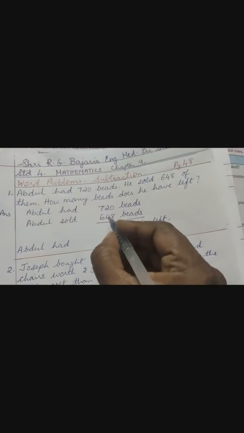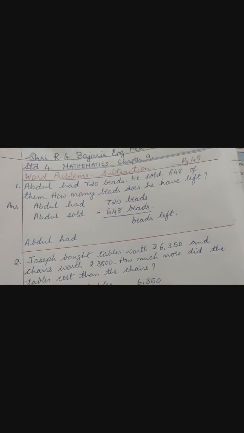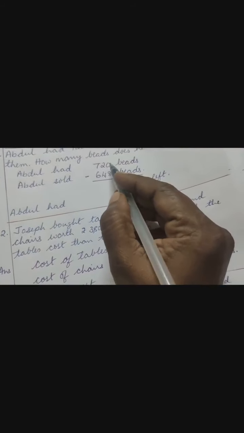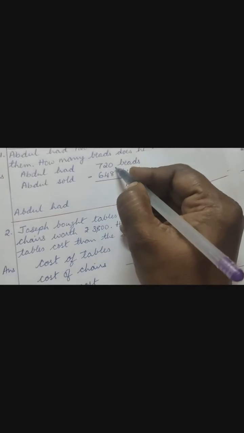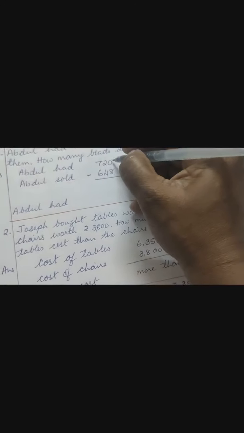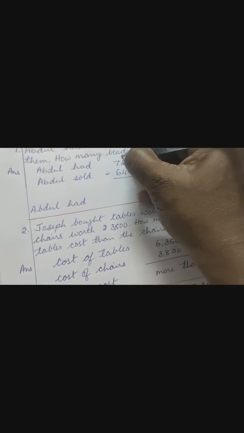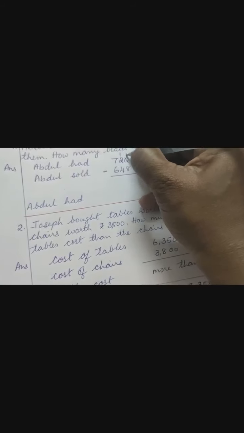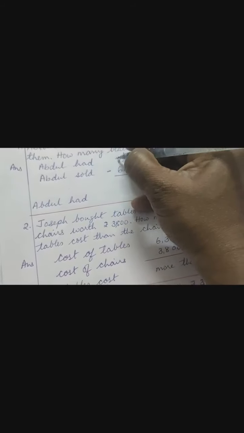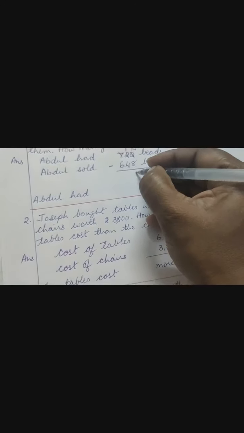So what is the method that we are going to follow? We are going to do subtraction because we want to find out the difference of what is left. So let us subtract 648 from 720. So can you subtract 8 from 0? No. So what are we going to do? We are going to borrow from the tens place. Because we are borrowing 1 over here, this becomes 10 and this number, do not forget. So 10 minus 8 is 2.